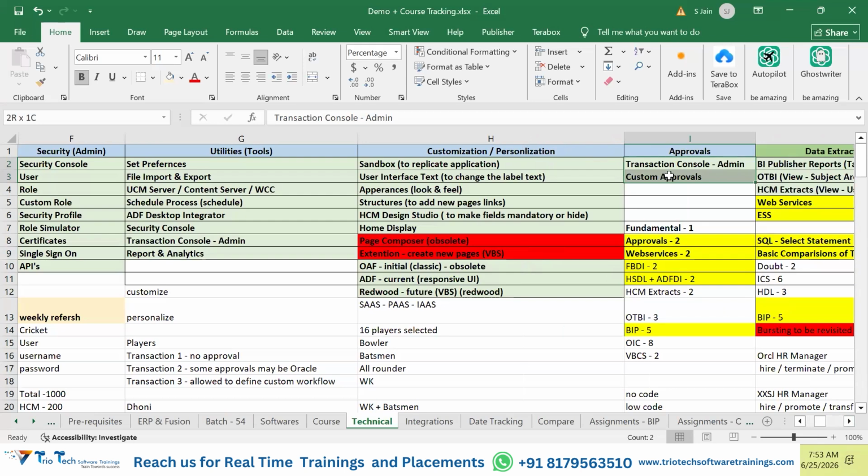Yes, clear. Same way, guys, suppose these transaction pages are there. One person is opening these pages, and the person will say, boss, I want to change the look and feel of my application. I want to change the text. Some label is coming, I want to change the label. I want to change the look and feel of the page.